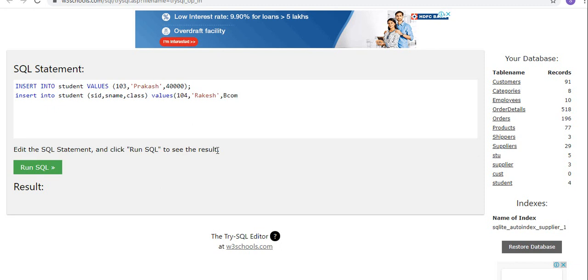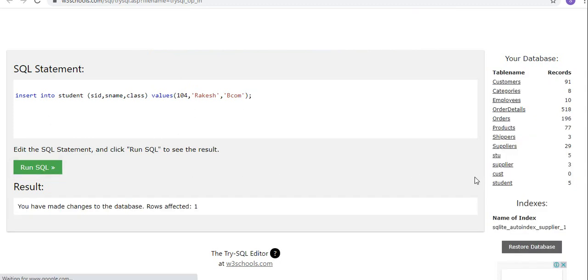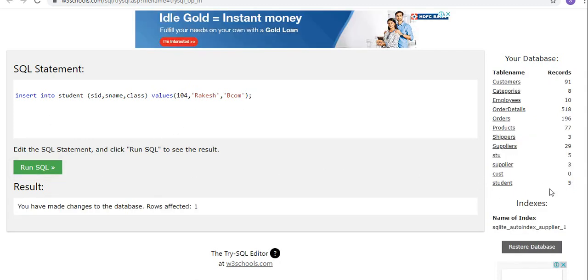BCom should be in single quotes, right? Text. Yes, sir. So close it and run the query. Oh, semicolon is required. Semicolon. Now run the query. Okay? Affected 5 records. So this is another way to insert the values.